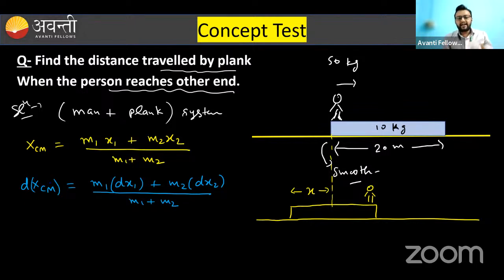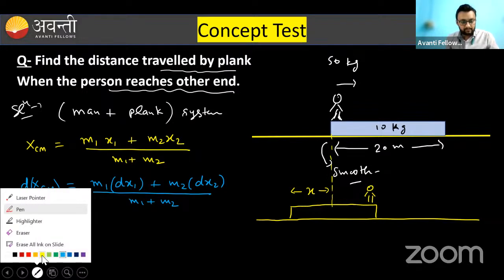What is the meaning of dxcm? It is the shift in the center of mass. dx1 is the shift in the first mass. dx2 is the shift in the second mass. I think these things need to be very, very clear. You know these things. Now, putting these values,